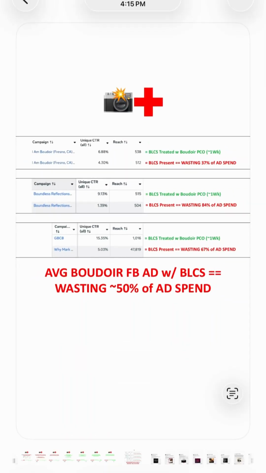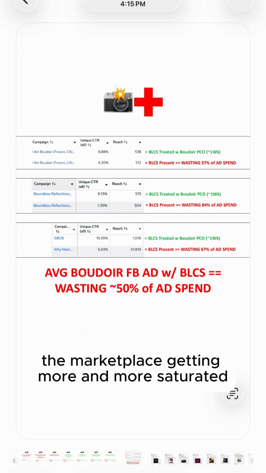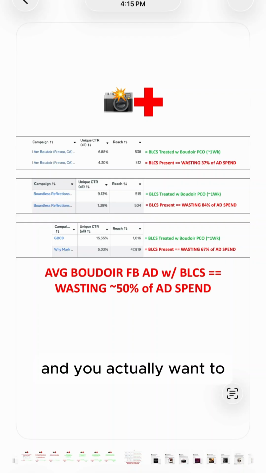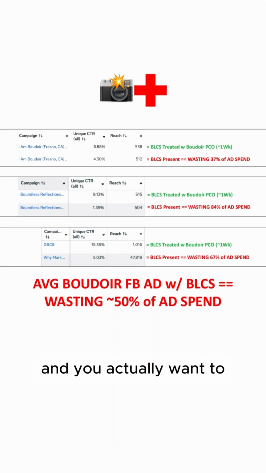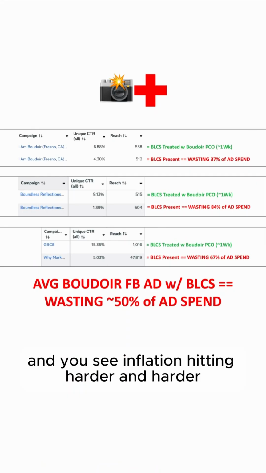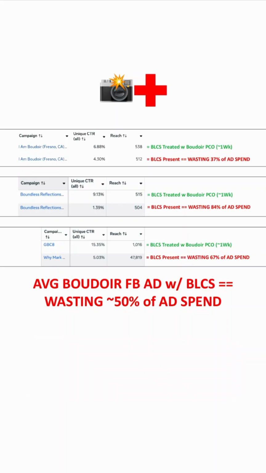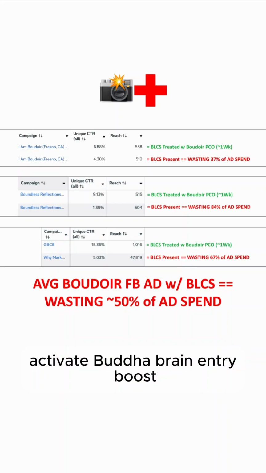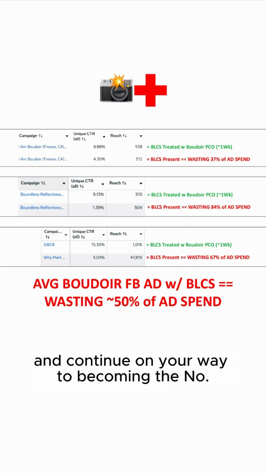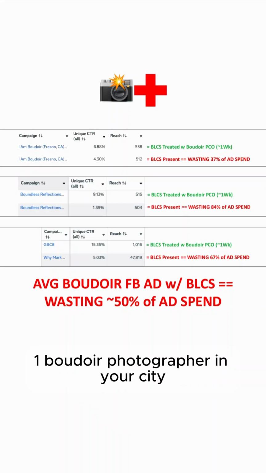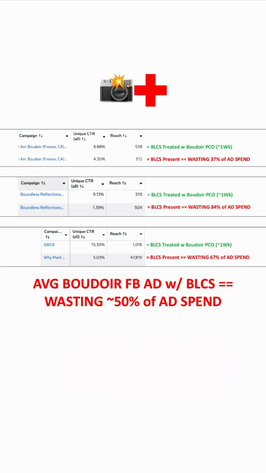So you see the marketplace getting more and more saturated, and you see inflation hitting harder and harder, and you want to become a dominant boudoir advertiser, achieve pre-click alignment, activate Boudoir Brain Entry Boost, and continue on your way to becoming the number one boudoir photographer in your city,